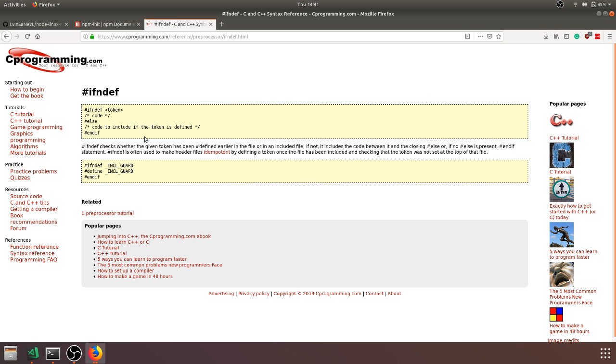Check whether the given token has been defined earlier in the file or in an included file. If not, it includes the code between it and the closing else, or if no else is present, end if statement. The ifndef is often used to make header files independent by defining a token once the file has been included and checking that the token was not set at the top of that file. Okay,